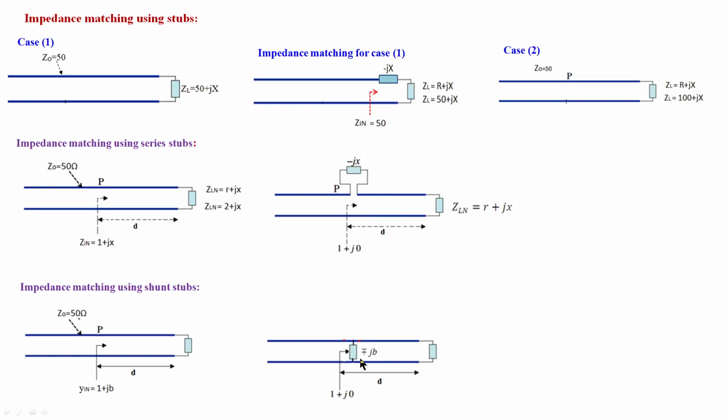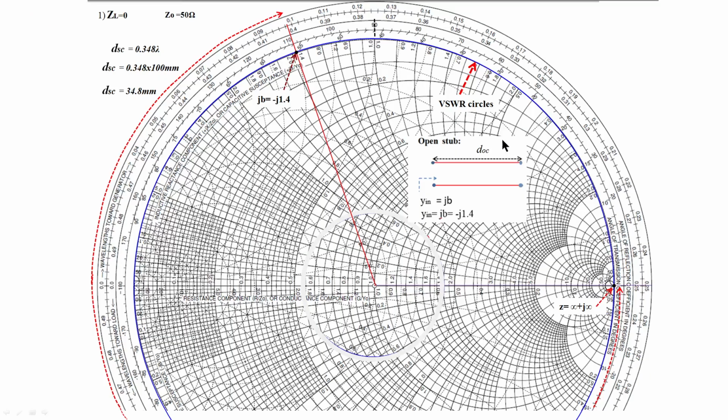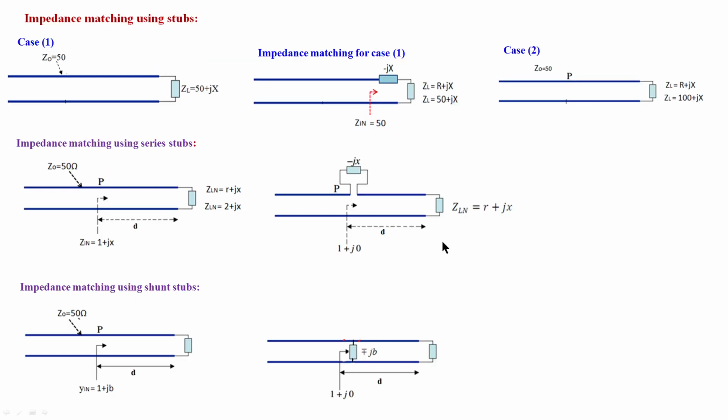These stubs can be implemented as plus jB or minus jB, that is, X1 or B, using stubs. This is actually some component we have to add, either an inductor or a capacitor, but that inductor and capacitor are implemented using stubs. So we already designed, like an open stub, you can implement the required value of jB. What is the length of this? You design it based on your requirement and connect it here.